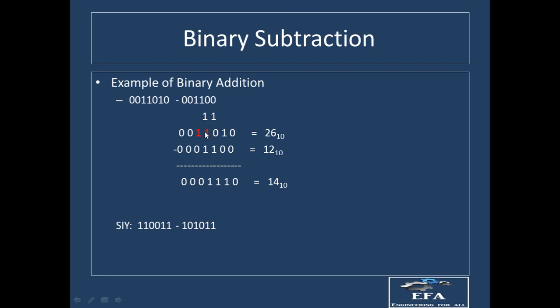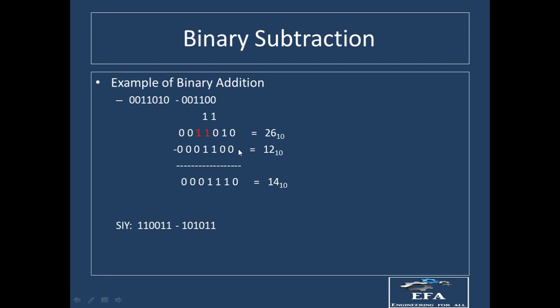Here again we are having 0 minus 1 left. So again this 0 will be smaller than this one. So again we have to borrow a 1 from here. So when we borrow 1 from here, this 0 will become 1 0 and 1 0 minus 1 will be equal to 1. At this position we will be left with 0. So 0 minus 0 will be equal to 0, and likewise for the remaining positions. I hope you have understood this concept.